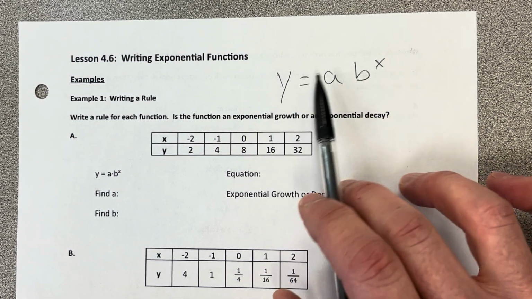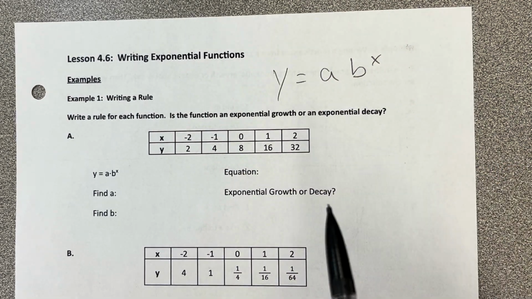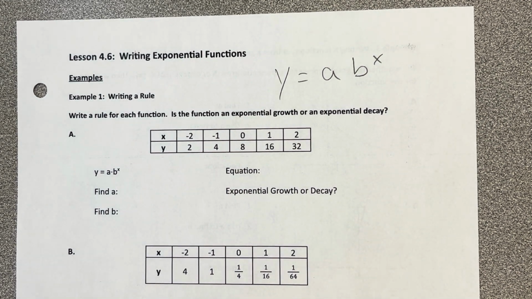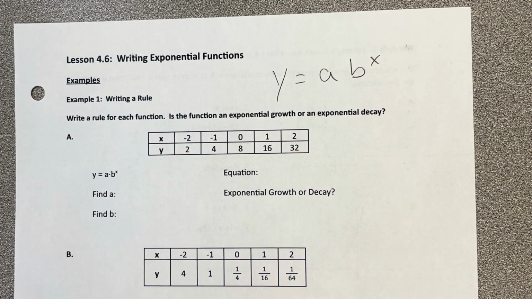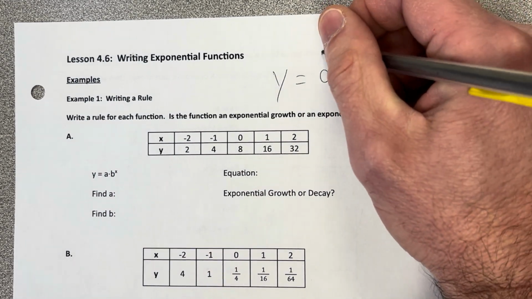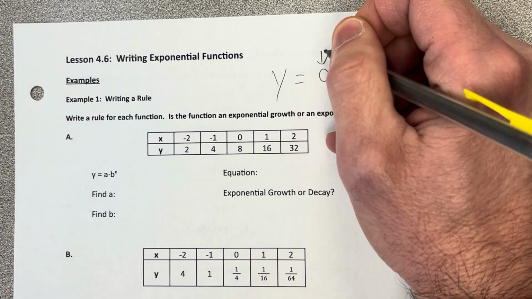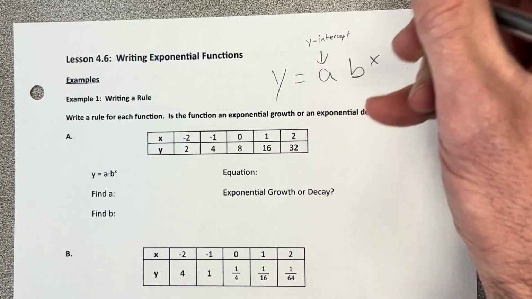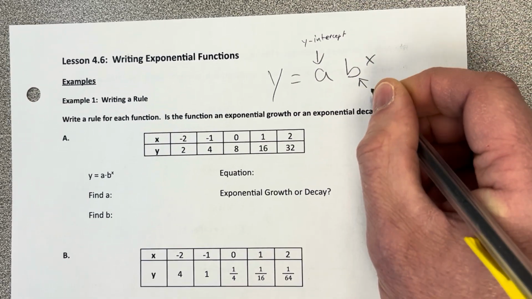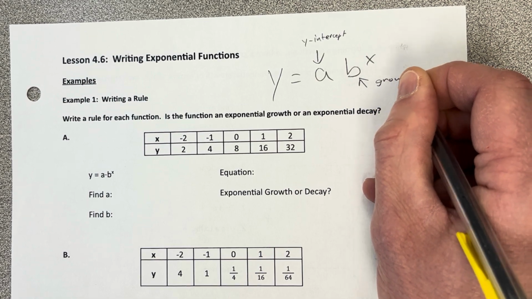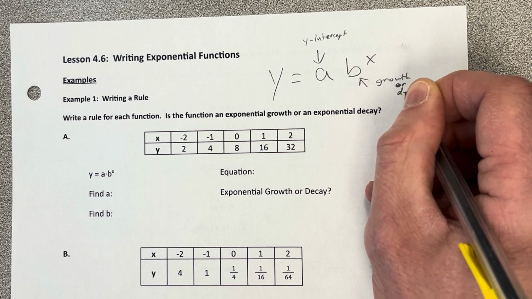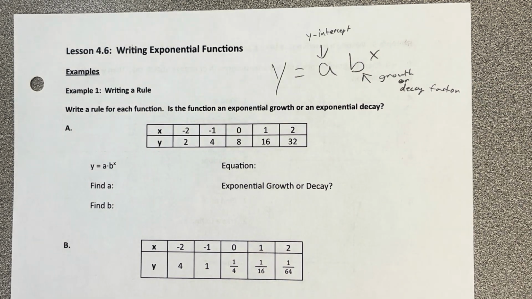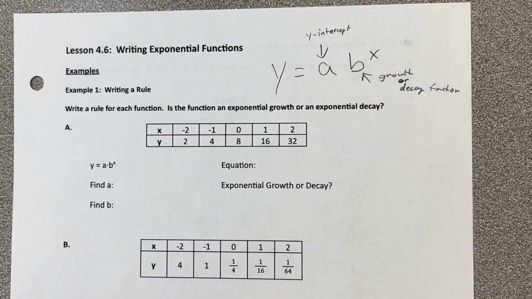And we also learned yesterday to graph these, you just make a table of values. Well, what we have today is a table of values, and we're going to work backwards to find out what the equation is. So it's pretty cool. That's how it's going to work today. Now, A is going to be like your initial amount or your y-intercept. We're going to use that to our advantage. B is going to be the growth or decay factor. Growth or decay, depending on if it's bigger than 1 or not. And that's what we're going to be using here